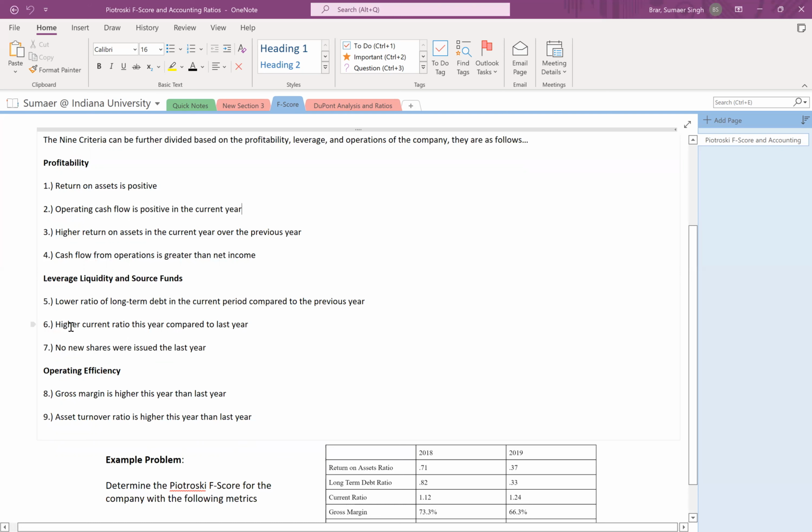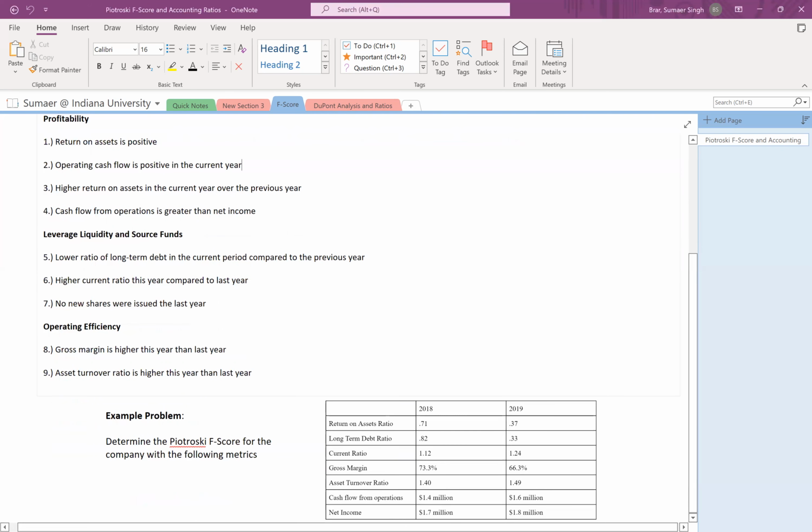The sixth criteria is there's a higher current ratio this year compared to last year. This criteria attempts to weed out companies that have decreasing working capital efficiency. The seventh criteria is that the company has issued no new shares in the last year. In this criteria, we look for companies that are reliant on